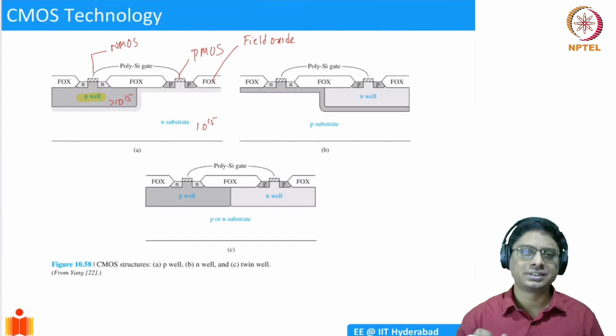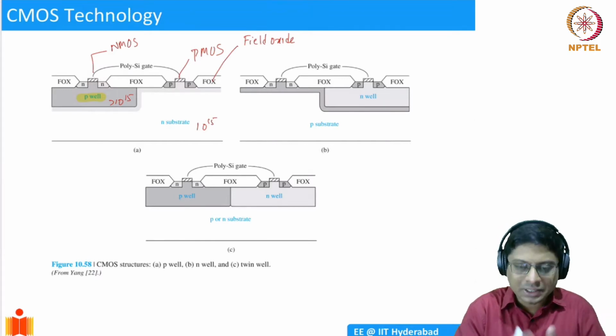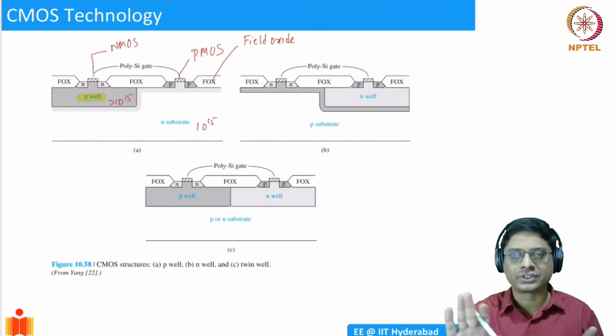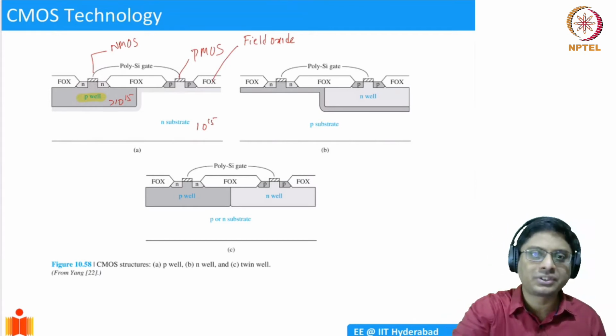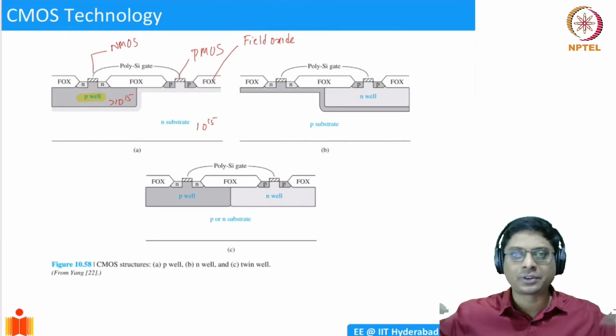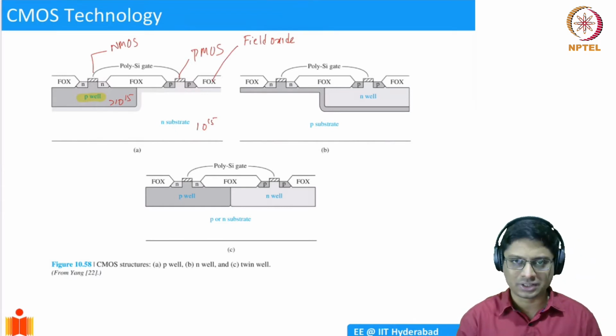Right now, the field oxide is what is essentially used. It's a thick oxide. We saw gate oxide, which is a very high-quality thin oxide, but you can also have a thick oxide, which we call field oxide. That is essentially isolating, creating barriers between different MOSFET devices. By the way, this is only in one axis. We are showing a cross section, but in principle, this field oxide will be surrounding the MOSFET in all directions. It's like a ring you're forming around a MOSFET to isolate it from other MOSFETs. So that field oxide will be created, and you can then connect these devices to form various configurations.